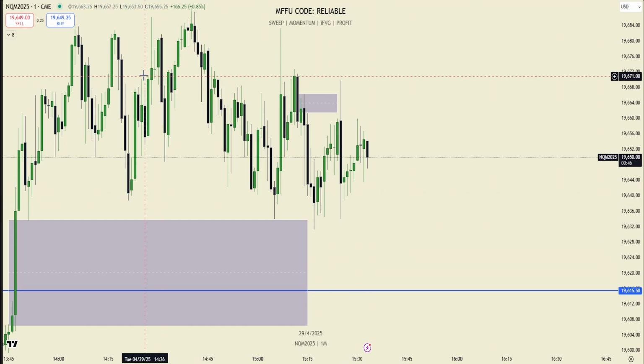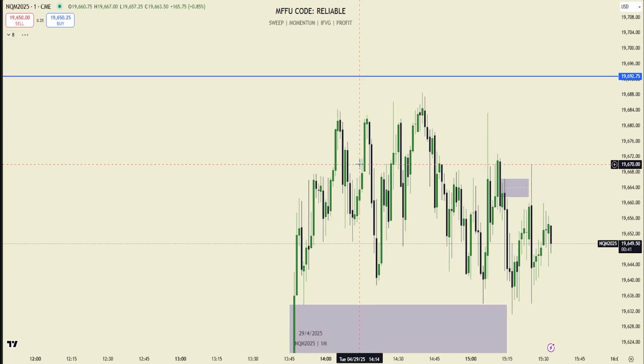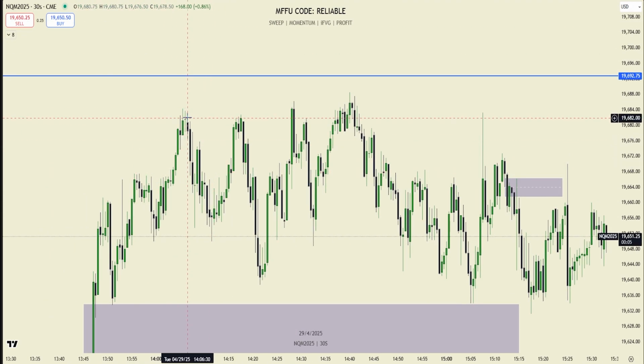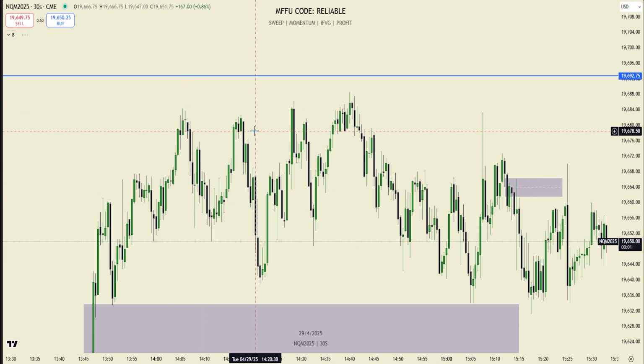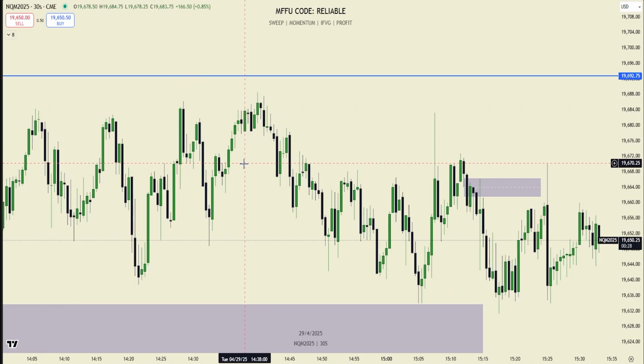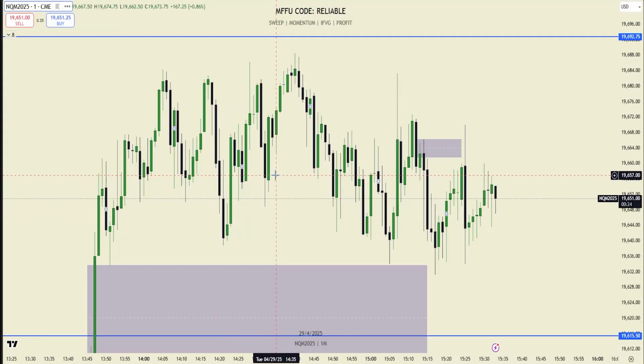2 hours straight of chop city, and this is when I was like, oh yeah, this is cooked, right? Because we saw price violate bearish PD array or bullish PD array to the downside, and then come back up and violate bullish PD array. So I feel like it was pretty easy to see that this was chop, and being able to stay out of a trade was pretty easy to do here. It's a good opportunity to learn patience and know when to trade and when not to.